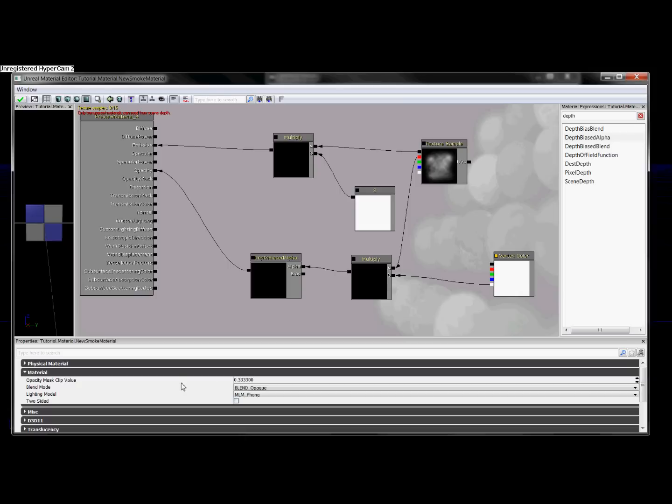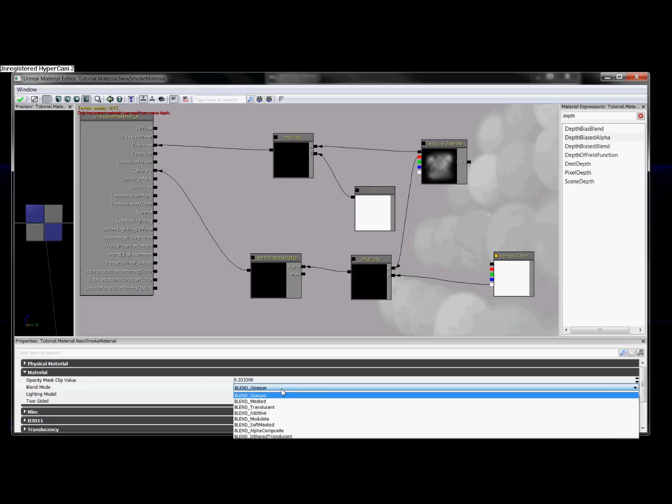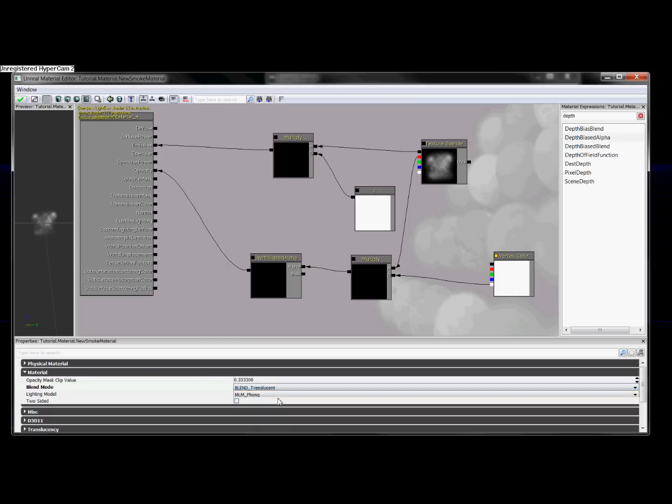Now, we're not getting anything in our preview window right now, but that's because we have a few changes to make. Down here in the properties under material, we want to change blend mode from opaque to translucent. And then lighting mode to unlit, and click two-sided. And now we can see in the preview